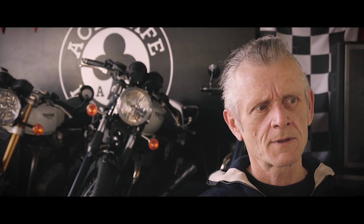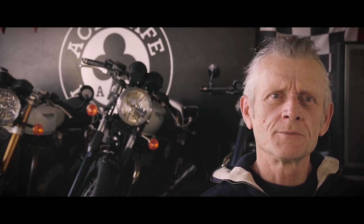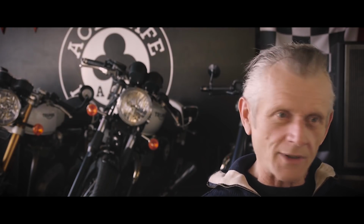Similarly, the Dutch TT. So I've had the good fortune to be of an age group that saw the wall come down in the eastern part of Europe, Berlin Wall and all that, hot on the heels of it coming down. Bikes out there in Hungary, Slovakia, Poland,